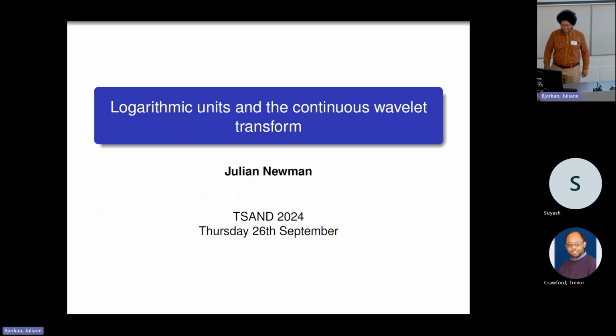Okay, thank you. So, yes, the title of my talk is Logarithmic Units and the Continuous Wavelet Transform. And in some ways, this is going to be a fairly unusual talk because I'm going to be defending the case for allowing logarithms of non-dimensionless quantities, such as frequencies, without first requiring non-dimensionalization. I'm going to explain how this can be done in a mathematically consistent manner, and I'm going to defend that